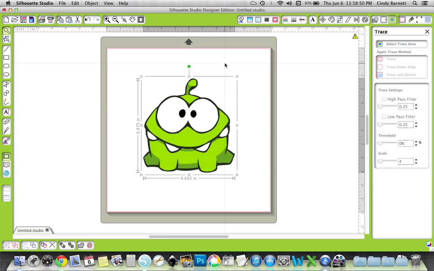Hey guys, I'm going to try to make this tutorial on tracing an image with multiple colors as simple as I possibly can. So first you see that I have an image here that I've pulled off the internet, and you can see that it has the black outline that we want, and it also has a couple different colors of green. So what I do first is I go up to the trace menu and select my trace area,